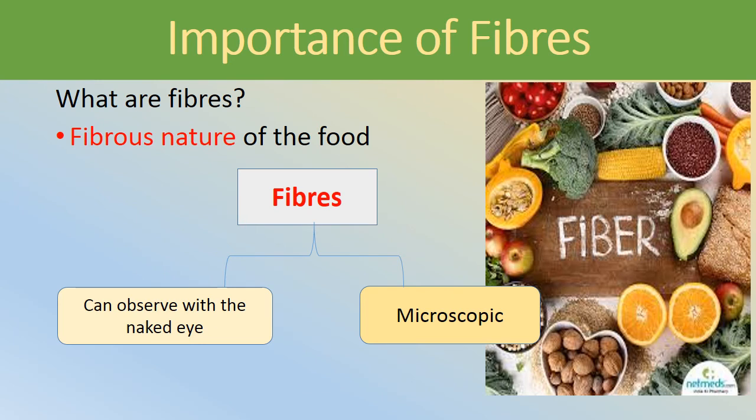So children, you know that a certain amount of fiber must be included in your diet. So let us see what is meant by fibers. The fibrous nature of the food is called fibers. Fibers can basically be divided into two parts. The first one you can observe with your naked eye. The other type is very microscopic in nature. You have to use a microscope to observe these fibers. Children,